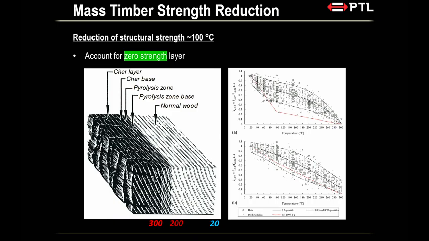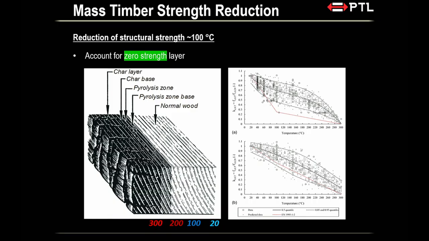So these are the temperature ranges through a piece of timber that is subjected to heat. Now your 100 degrees Celsius is probably somewhere in here, all right? So this is your char depth, this is all your char. Between here and 100 degrees Celsius is your zero strength layer, right? Why? Because if you look at these two curves, the one up there is the compressive strength ratio of timber. This one down here is the tensile strength.